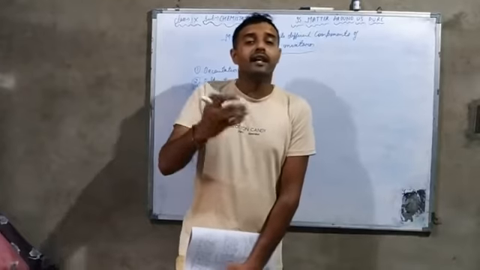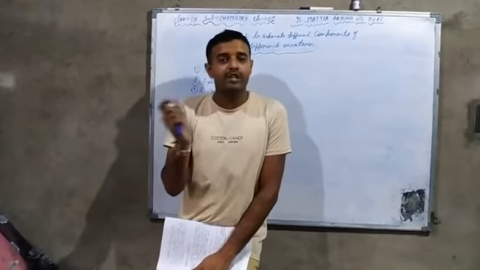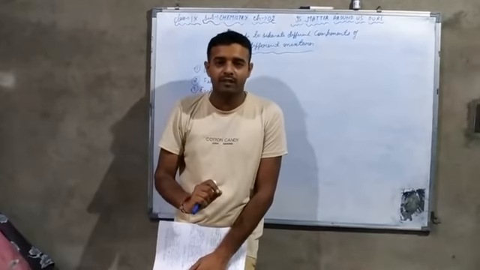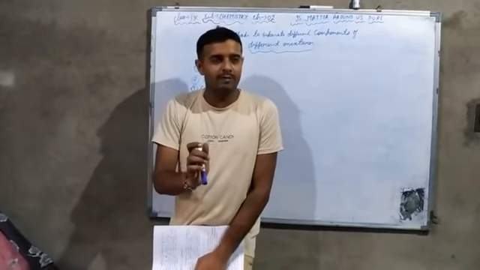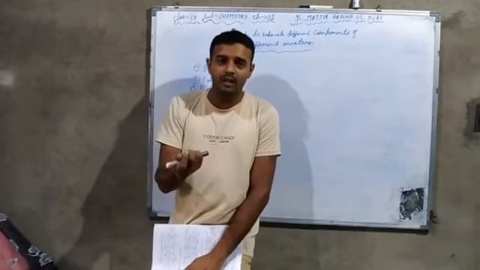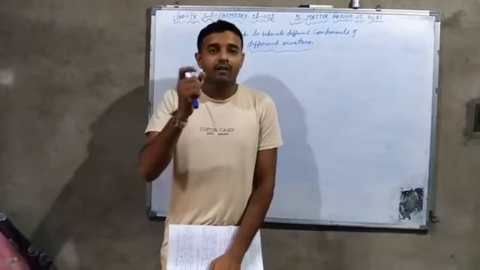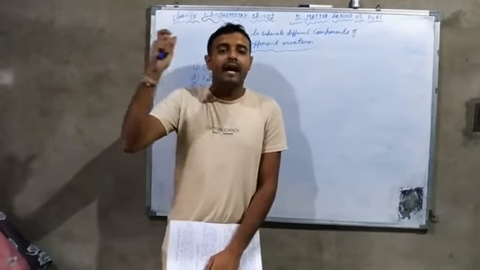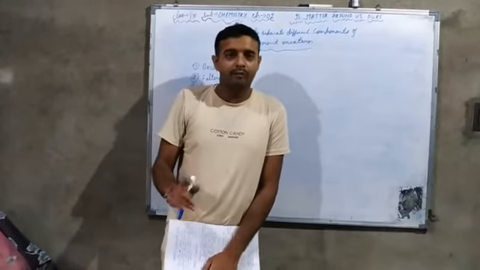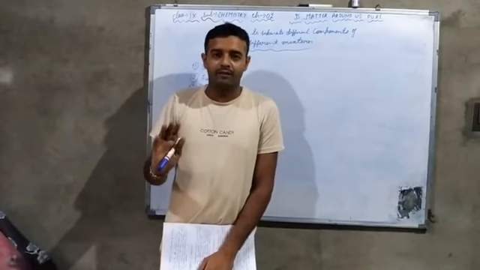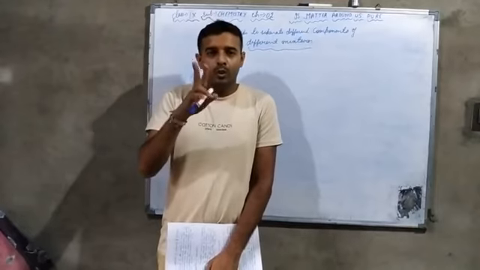For example, there is a sugar solution and we have to separate the sugar and water. So which method will we use? This is a homogeneous mixture. Why? Because sugar is totally dissolved in water. So in this case we will use evaporation. As we know, evaporation is a method through which the volatile liquid vaporizes and the non-volatile substance remains in the container. So sugar will not evaporate, but we know that water evaporates. Clear?